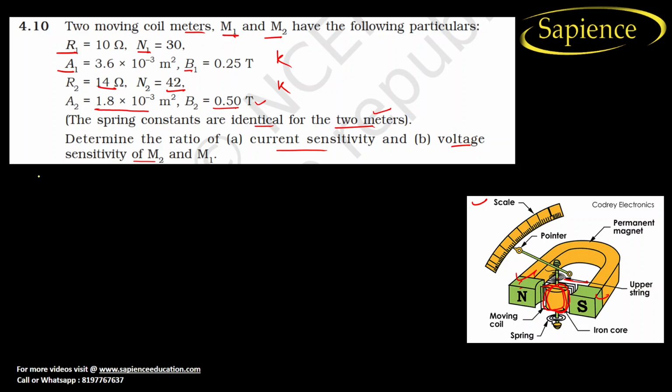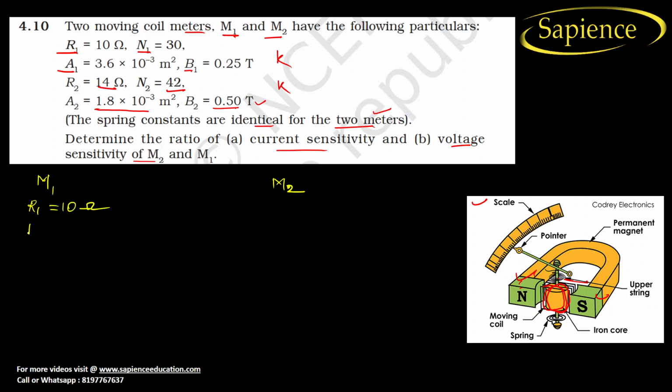So let us suppose there are two moving coil galvanometers, or any meters, M1 and M2, right? Write like this: in M1, what they have provided you, you need to write step by step, right? So in M1, they have provided you resistance R1 equal to 10